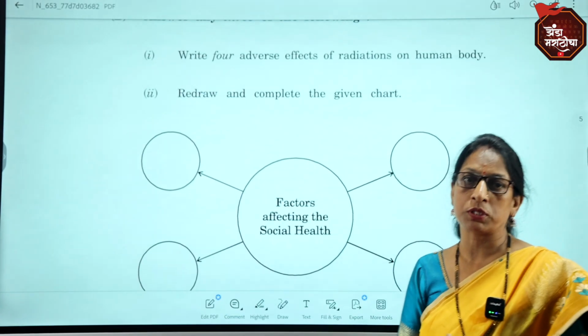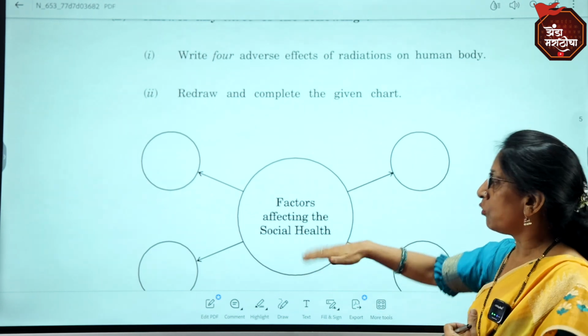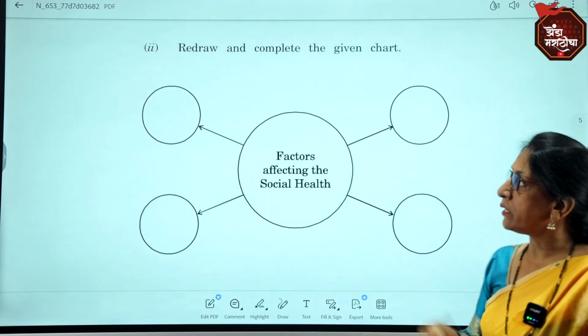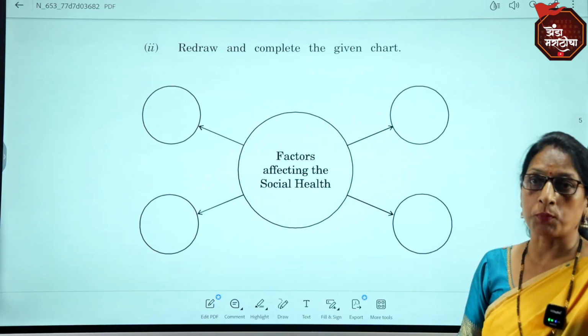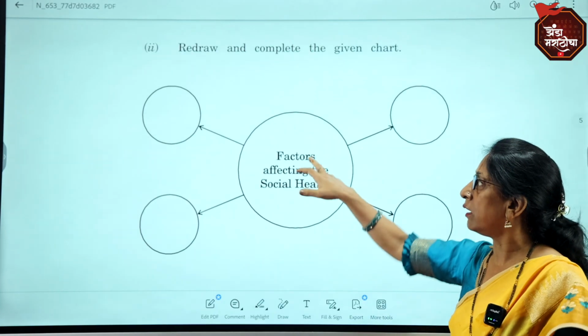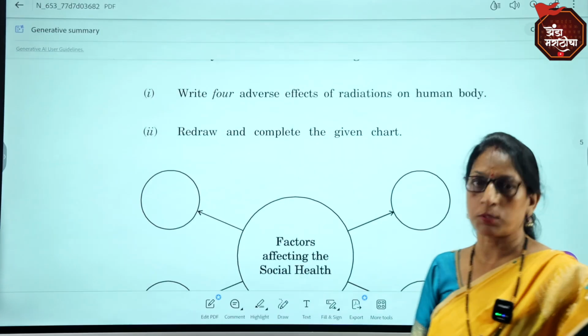Again, you are given options in these questions. Options means you can choose any question. You are given 4 or 5 options, and you have to attempt only 3 questions out of these. So when you are choosing the options, you must be confident about your answer, that you will choose the question which you can answer properly.